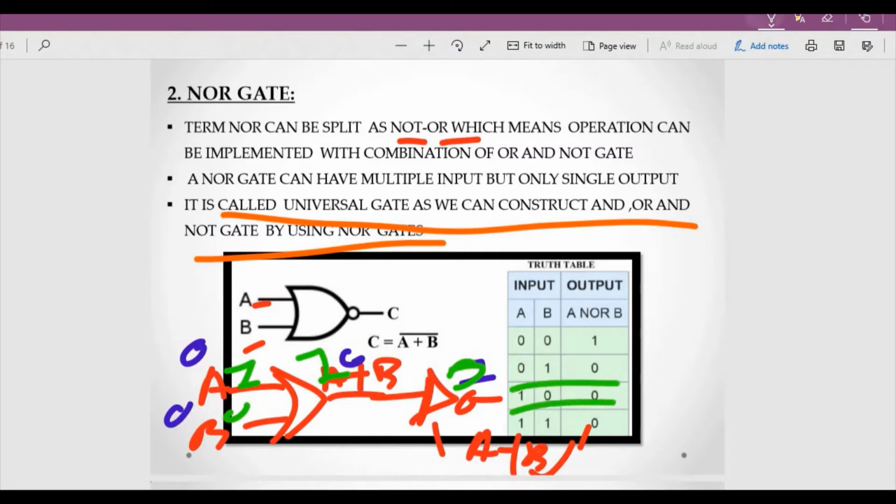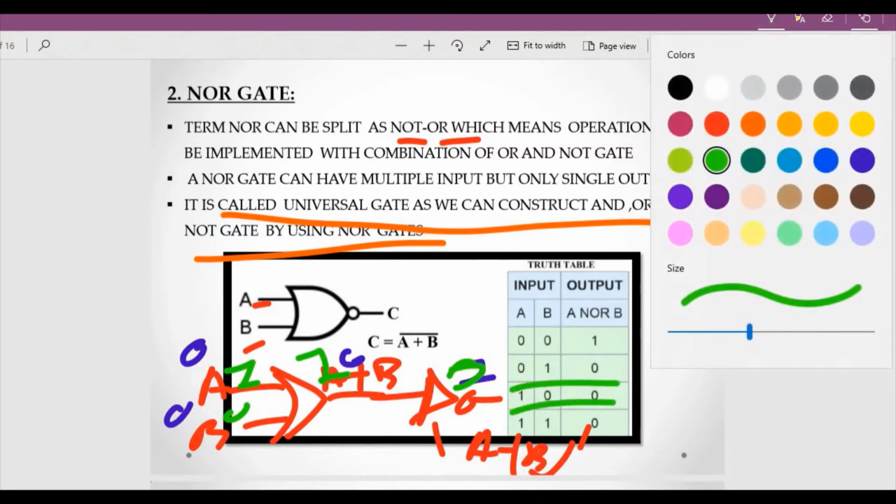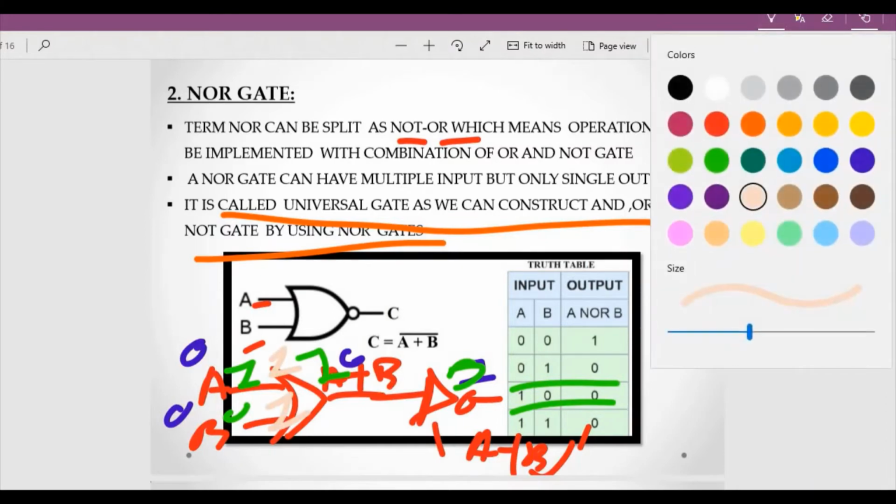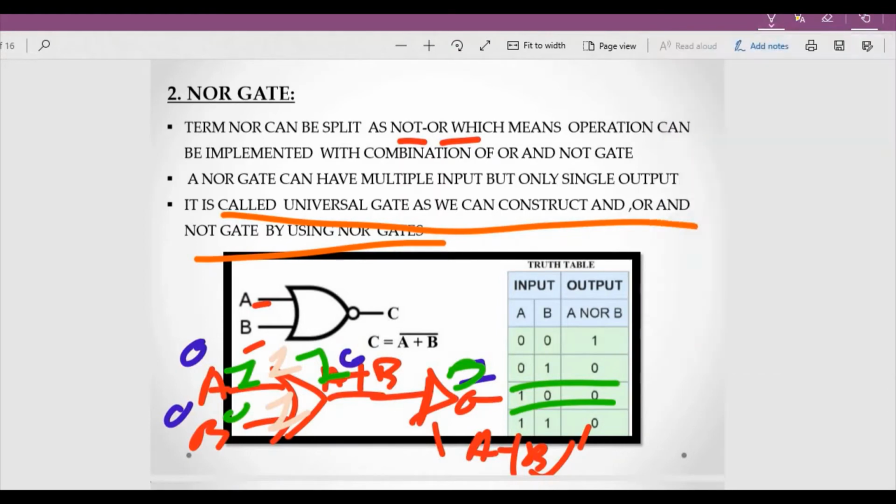Okay, now we are taking when both the inputs are, for example, 1. So it is 1 and it is 1. I guess it is not visible, so let's take this one. Okay, so when we are saying that this is a 1 and this is a 1, so 1 plus 1 would be definitely 1. Okay, and 1's complement is again 0, so you are getting 0. Okay, so yes, we are getting this NOR truth table.